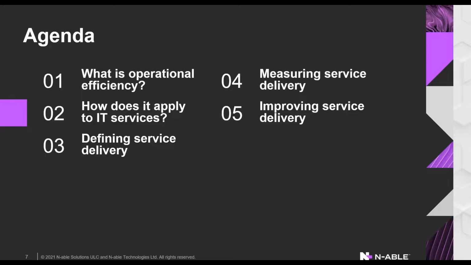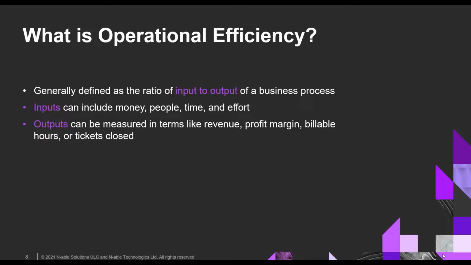So jumping right in to what is operational efficiency? Operational efficiency is generally defined as the ratio of input to output of a business process, right? How much are you putting in and what are we getting out for the efforts that we have put in? So when we look at operational efficiency, we think of inputs as pretty much any finite resource that we have inside our organization. And then when we look at our outputs, we're going to be looking at these along